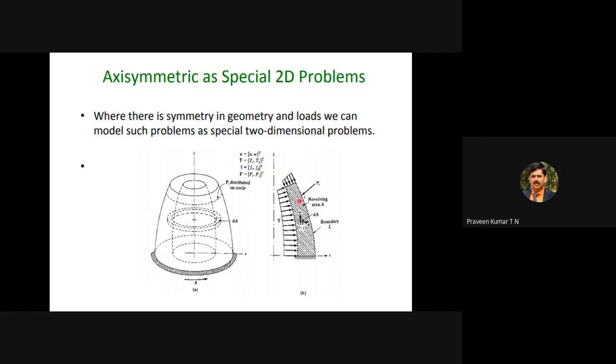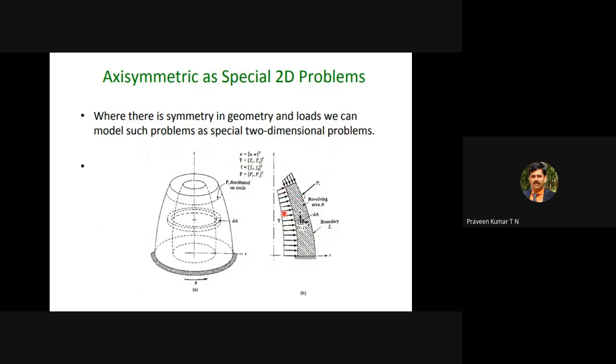Then similarly there is a traction force. The best example you can remember for traction force is friction force. Whenever one surface slides over another surface, there is a friction force. The friction force is an example of traction force. Friction force may be acting in the x direction, or y direction, or z direction. In this case, the friction force may be acting along the r direction, or it may act along the z direction. That's why we have the traction forces Tr and Tz.